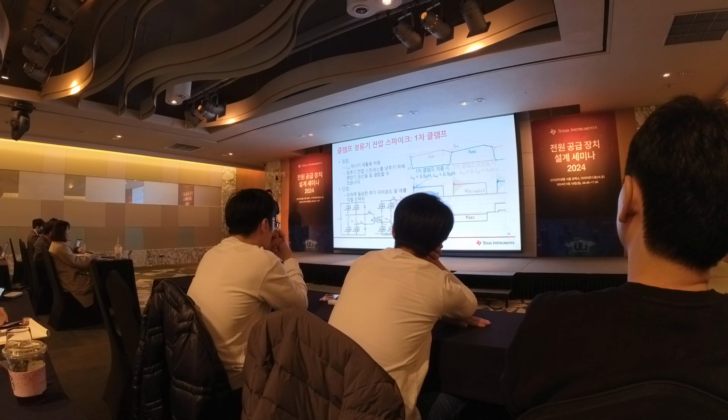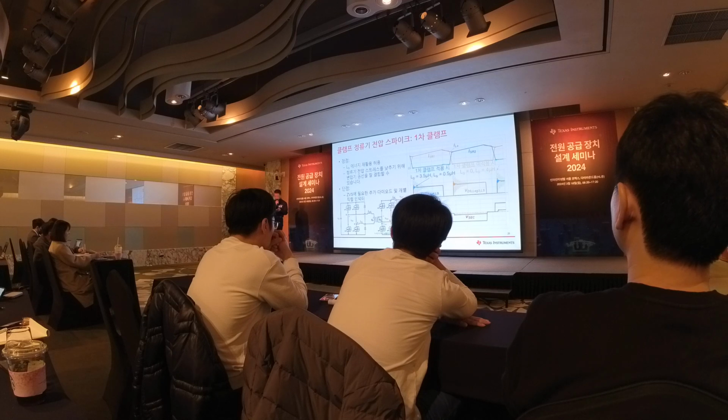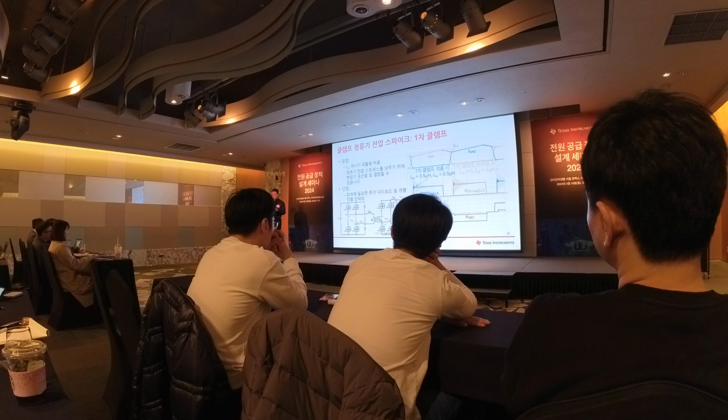The other approach that people generally use for phase shift full bridge is the primary side clamp. So basically,